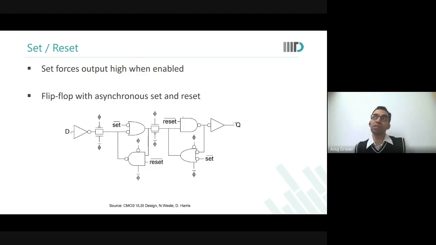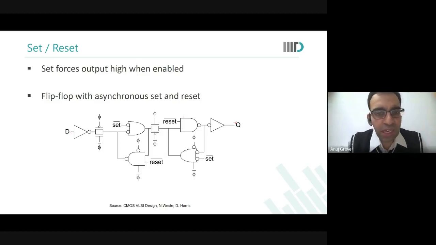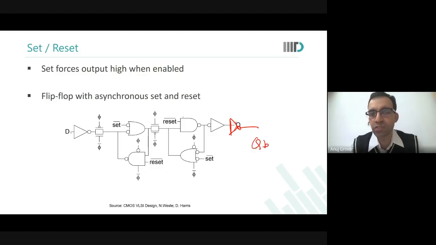So for your knowledge sake, you can just go and check the library that we have already installed in our system, and you will see there are so many variants of flip-flops that exist, and each has its own. Some will have an additional multiplexer, some will have an additional inverter at the output, so it gives a Q bar as an output, and so on. Okay.